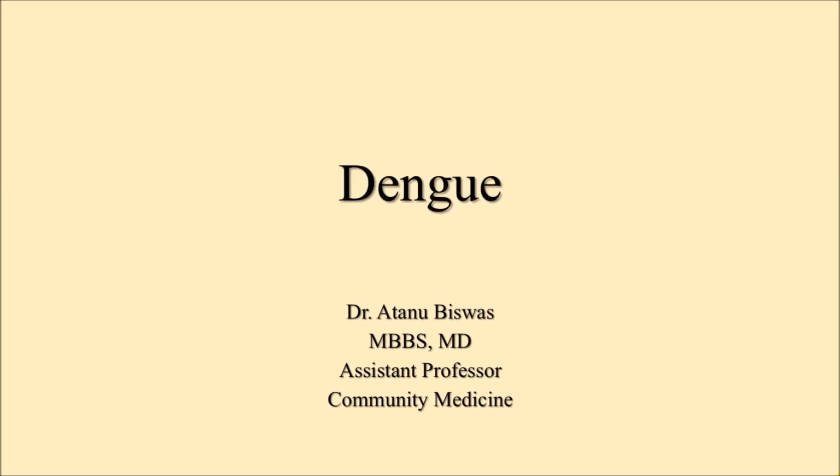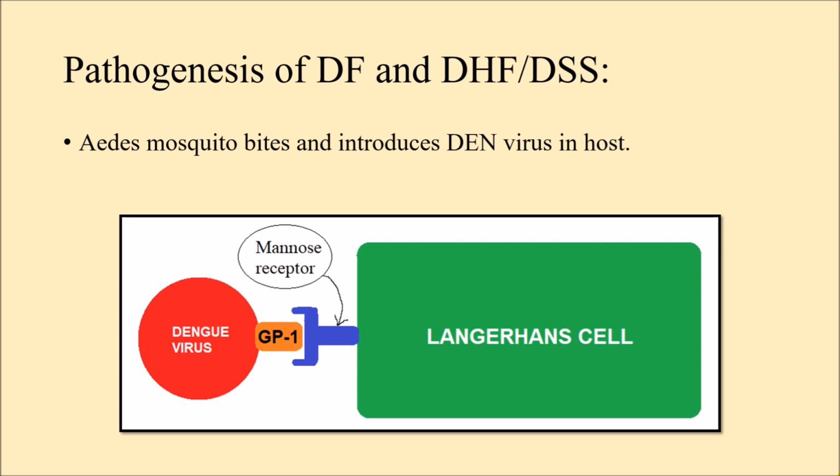In our previous video, we learned the different clinical features of dengue that included the classical dengue fever, the dengue hemorrhagic fever and the dengue shock syndrome. In today's video, that is part 2 of the dengue series, we shall learn the different pathophysiological mechanisms behind all these clinical features. The disease starts when a female Aedes mosquito bites a human and introduces the dengue virus